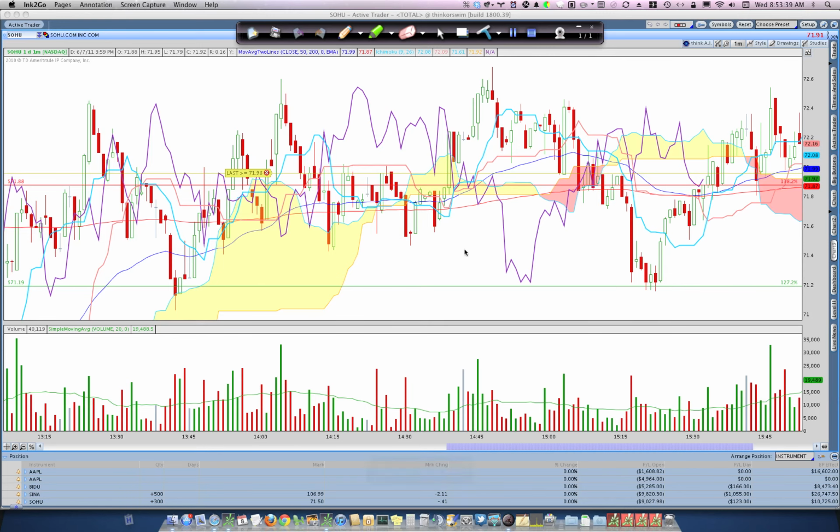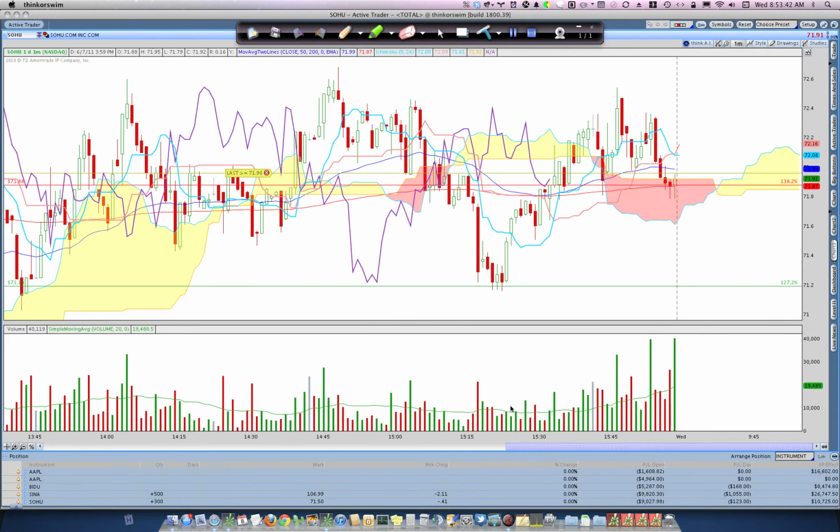Let's look back at our end of the day. And let's look at our Chikou just to see how we finished off the day. We moved up. Our Chikou was back here. It had just broken through the cloud, came down, found support on the bottom of the cloud while the candles were getting support on the Kijun-sen. Moved up, price moved up, came down, found support on the cloud, and where we open up today is top